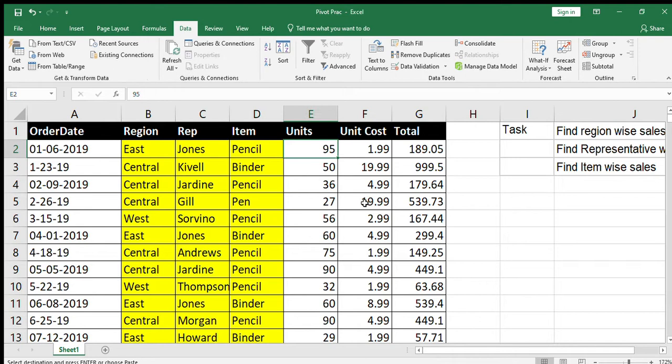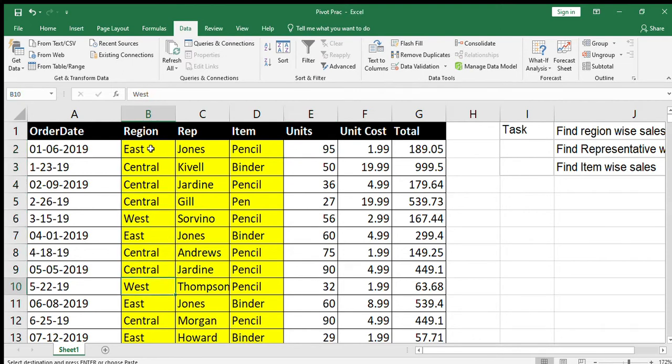With this data, for any person who works on data, it's very important to have very sorted data. In order to work on a pivot table, you need to have very sorted data. If your data is not clean, you have to clean it up first. It means everything should be in a similar format.